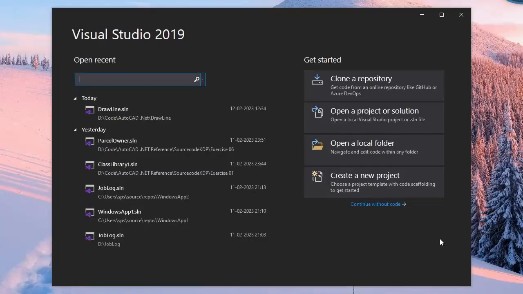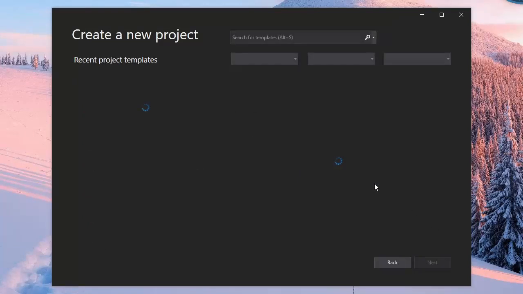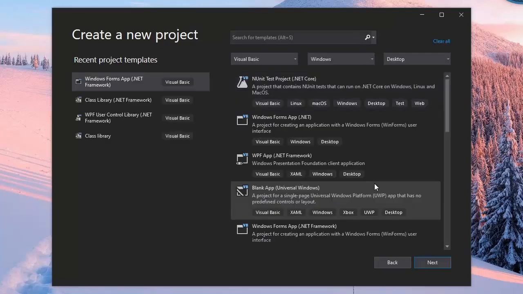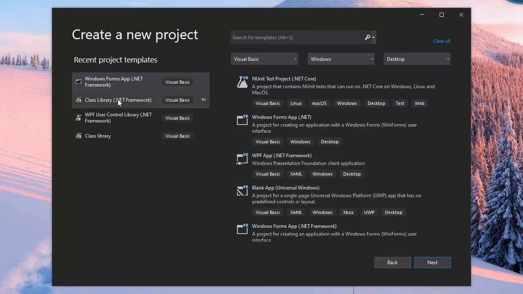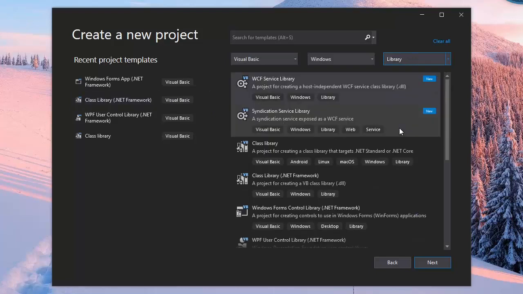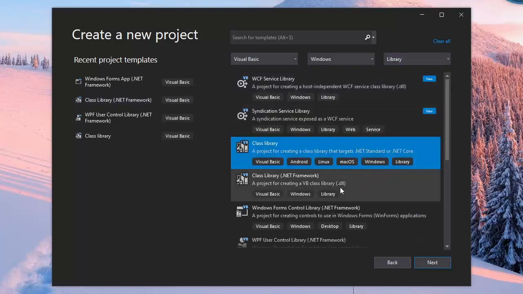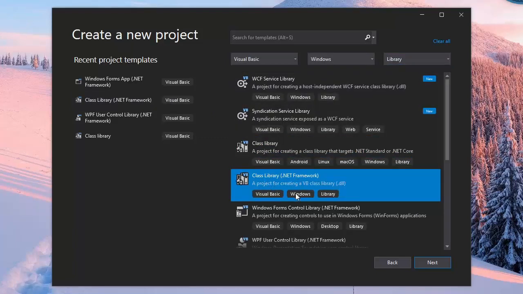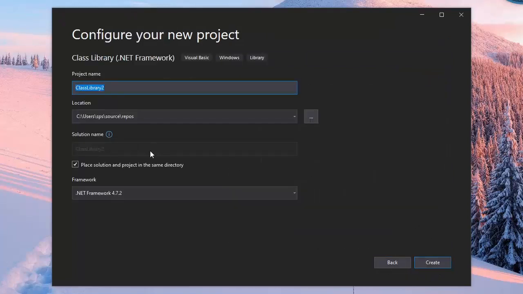We are creating new project, with template as class library of .NET Framework. Let us set the name as list layers.